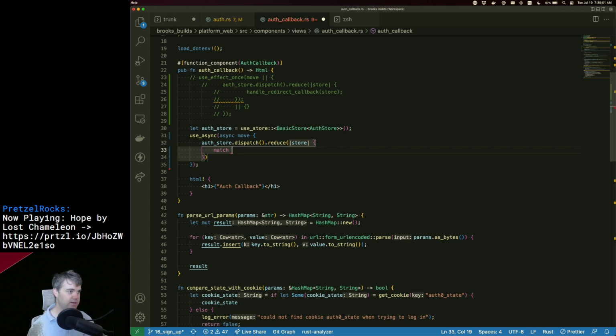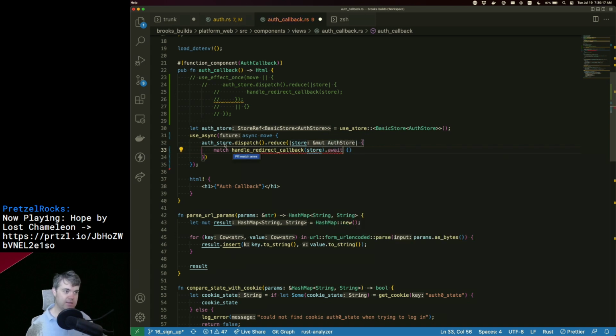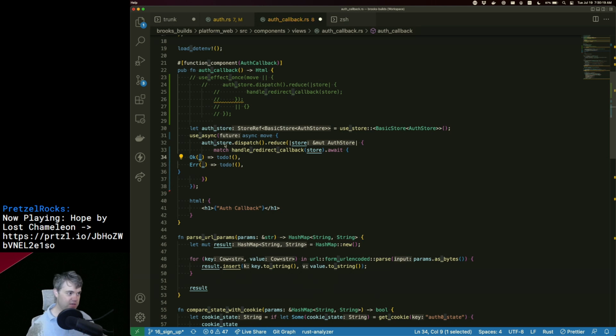So we'll match handle redirect callback, pass it in the store. Oh, right, because you're going to be await. Then we can fill the match arms.